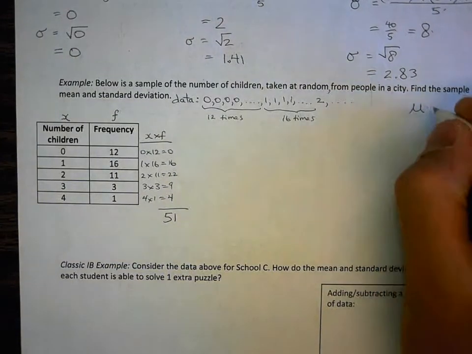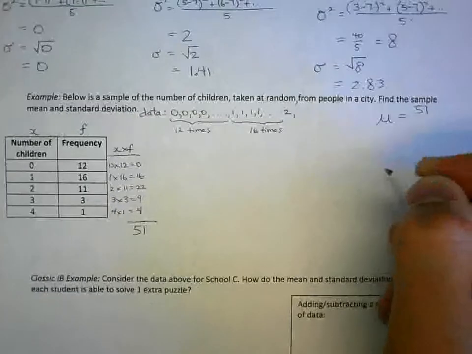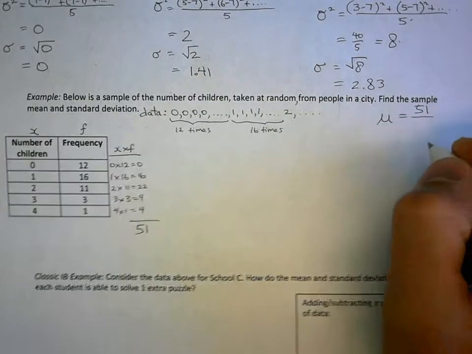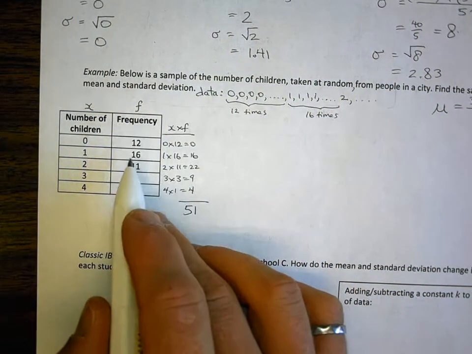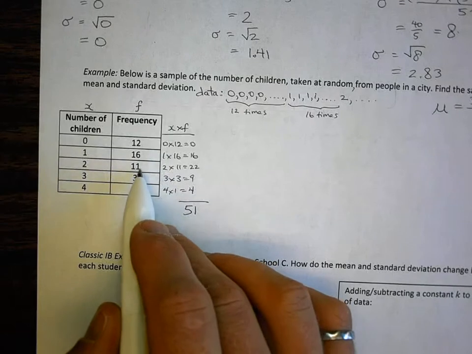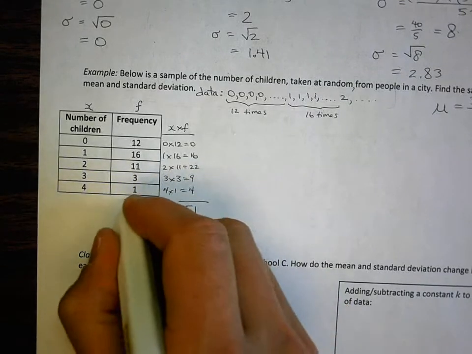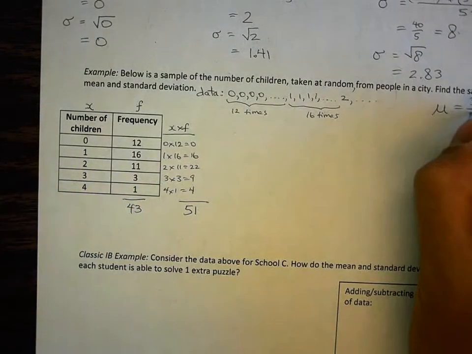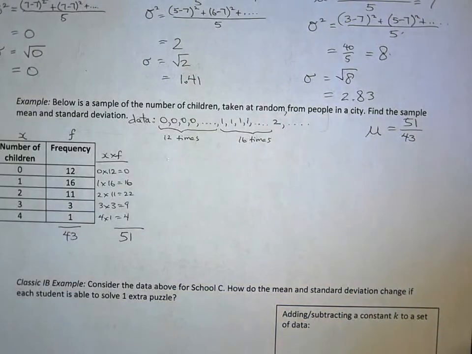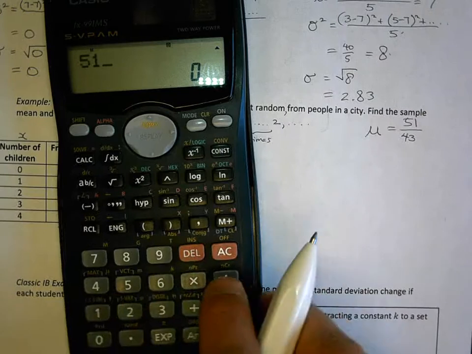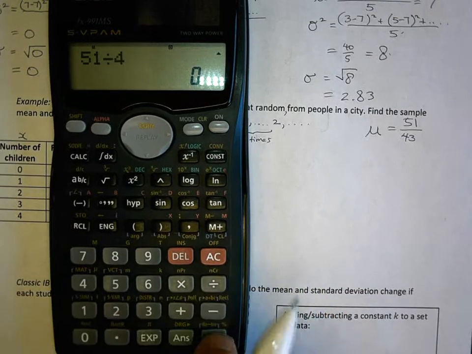And then I divide by the total number of points, the number of data I collected. So that would be the frequencies: 12 plus 16 is 28, 39, 43. So 51 children divided by 43 people surveyed